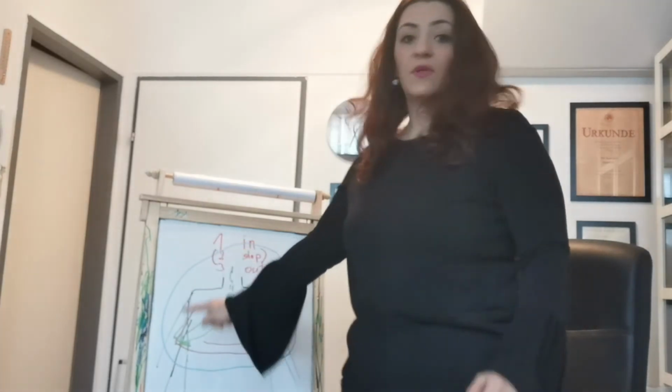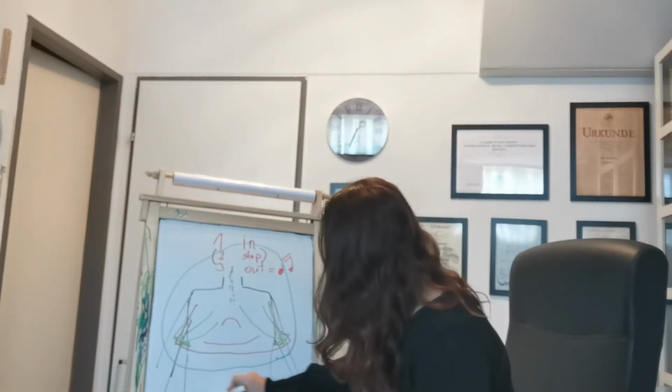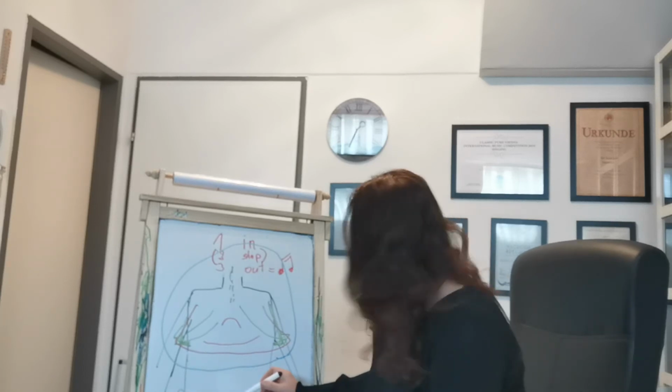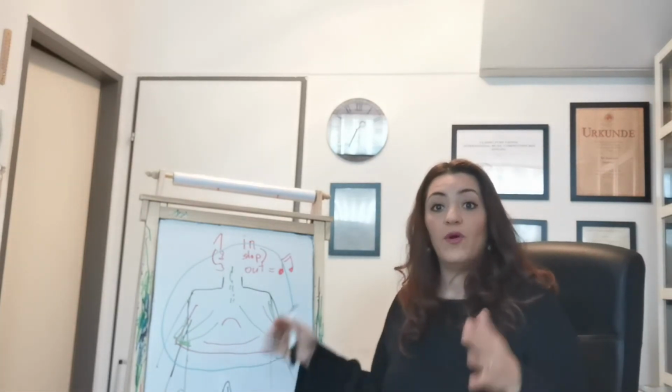That's what's really happening, it is the following. The muscles of inhalation are still there. They're saying, no, we're not going to disappear so fast. And the muscles of exhalation, which are the lower abdominals, which we just pushed in with an S, are saying, but we are here to push the air out of your body again. So actually, the muscles of inhalation and the muscles of exhalation, the lower abdominals that just pulled into your body,